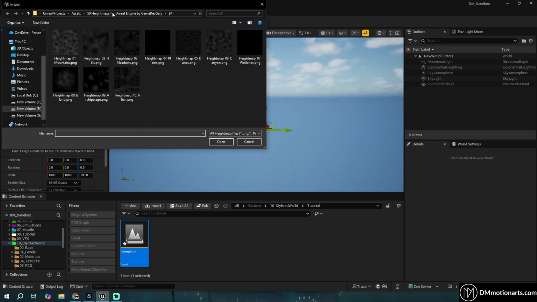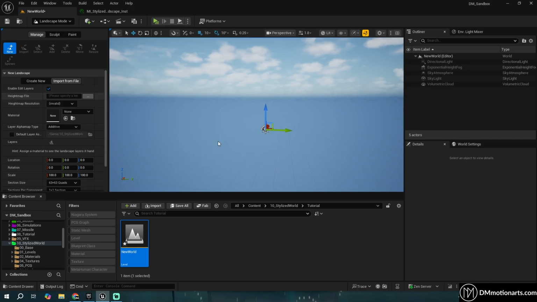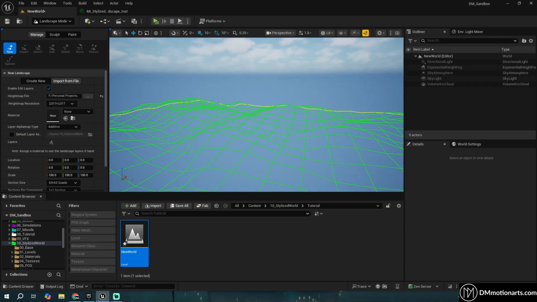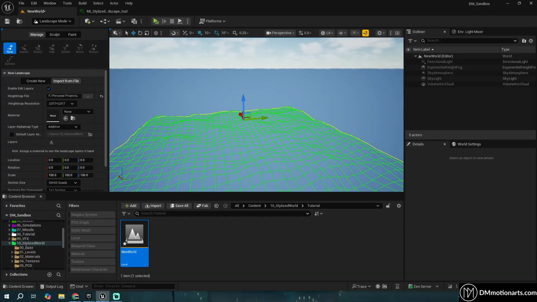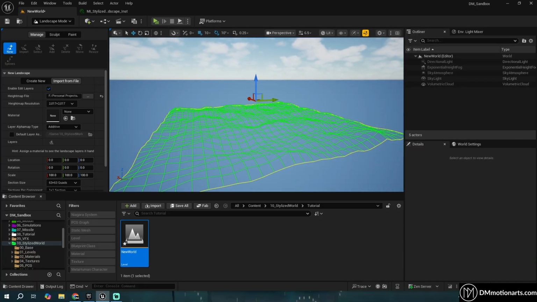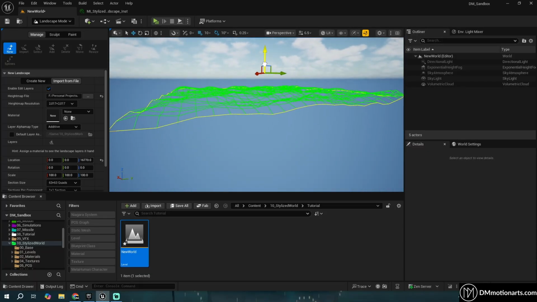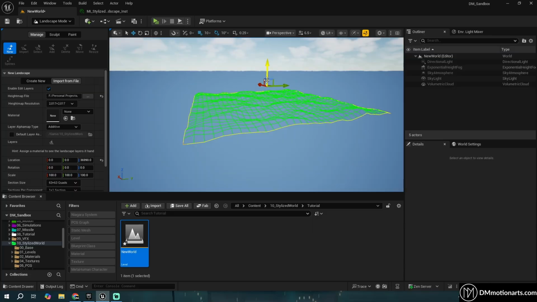So I actually have these 50 height maps by GameDev Gary. It's free. You could try and use them. You know what? Let's just use a random one and then play around with the height and all. The only issue is that it places it way too below. It's a weird thing. I don't know why this happens. So just move it up,